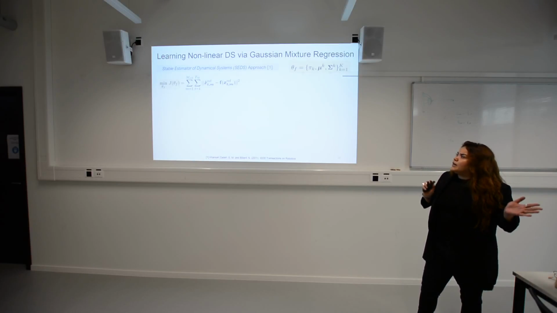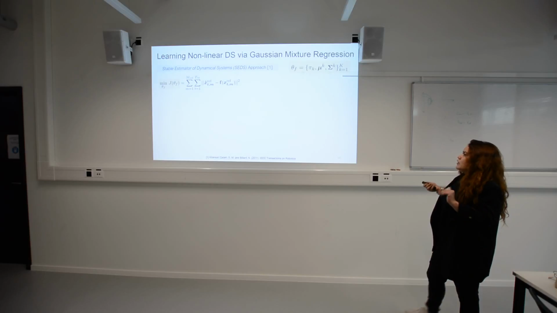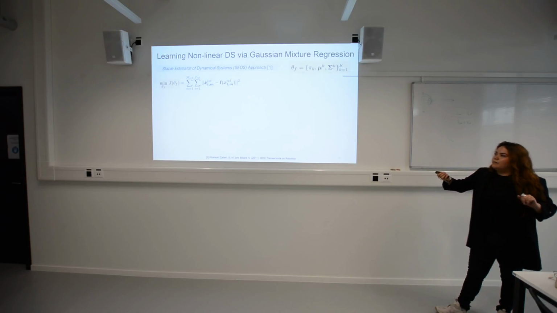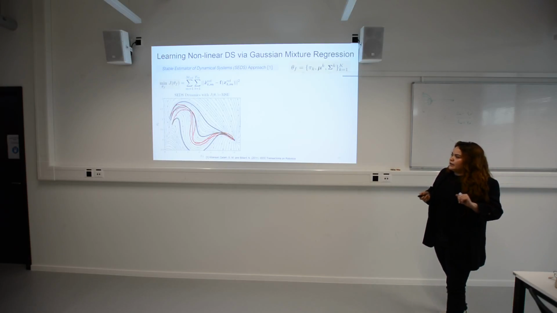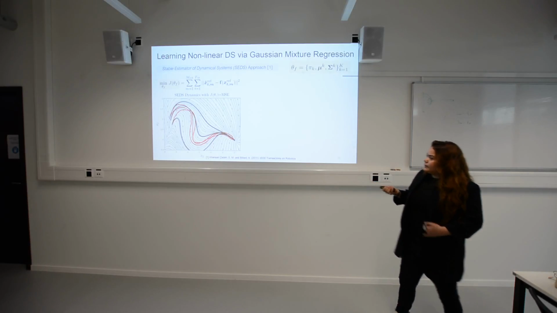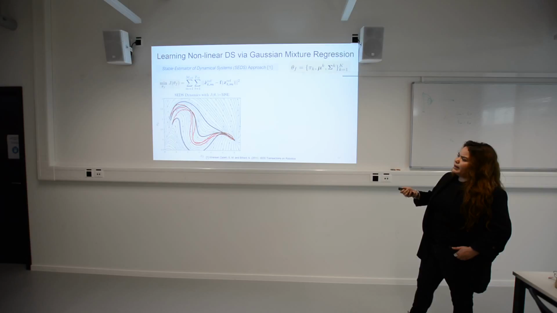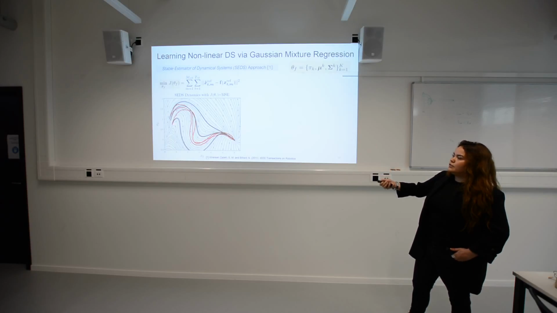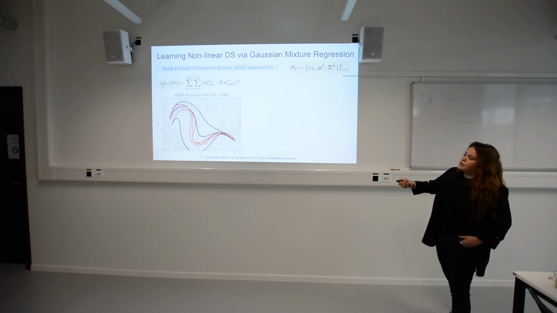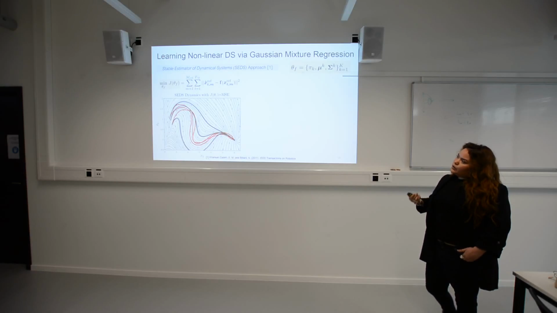So there are 2 ways of estimating these parameters. First, we can minimize the mean square error, and this will give us something like this. Here, the red lines are the demonstrations, and the black lines are reproductions starting at the same initial point of the demonstrations. And we can also